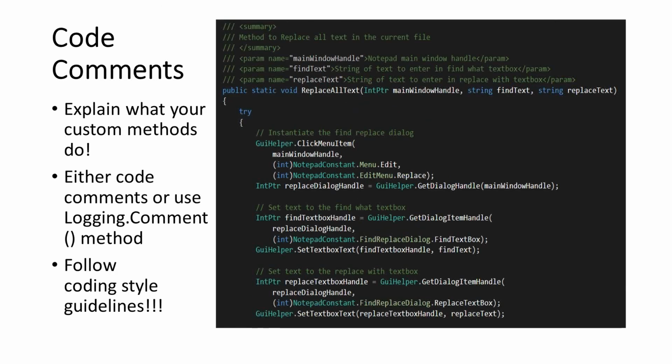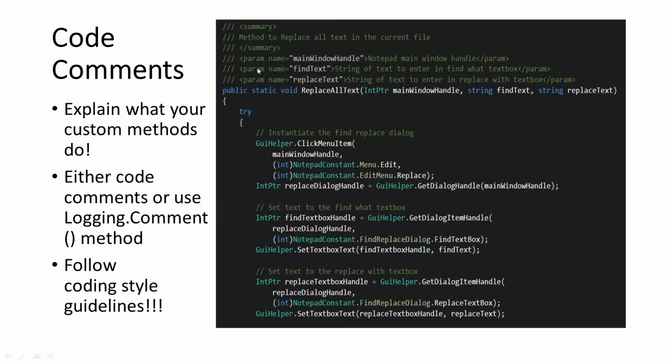Then there are comments in the code itself. Typically in my wrapper methods, I'm not going to spend a lot of time logging comments. Now, I could, and in fact there are some wrapper methods that I may want to, as in the case of my Oracle method, where I did have it logging things to my log file. But in some of my other helper methods, and this is the method for replace all text, I'm not going to have it logging stuff, but I do in fact want to put comments in there